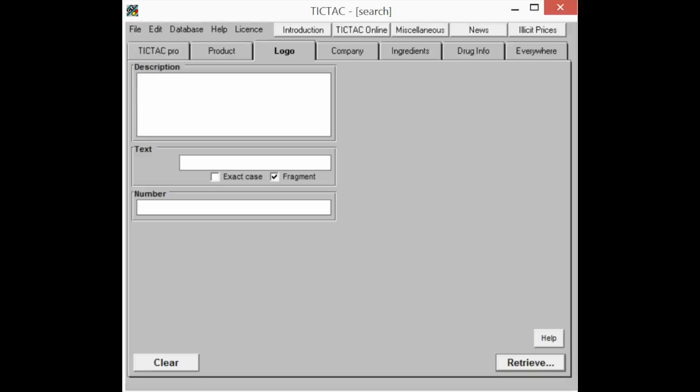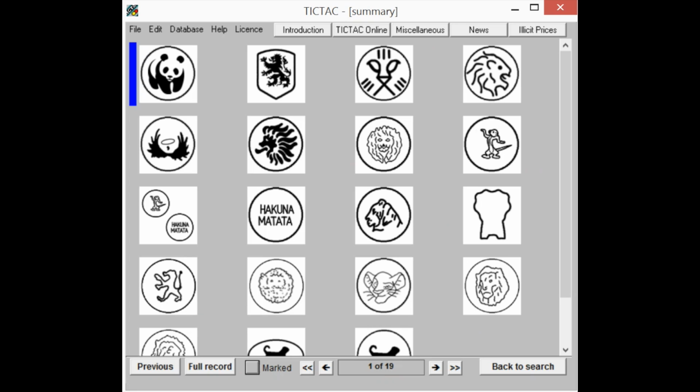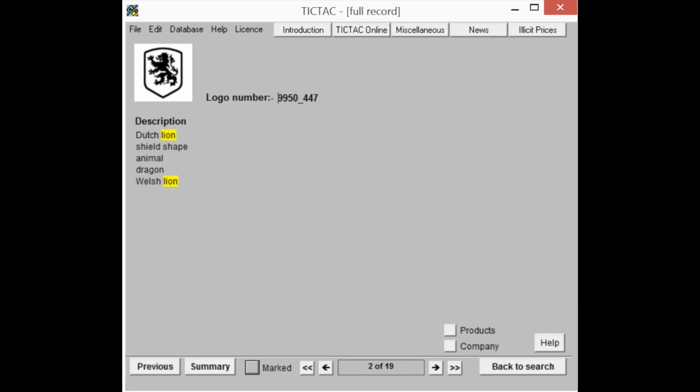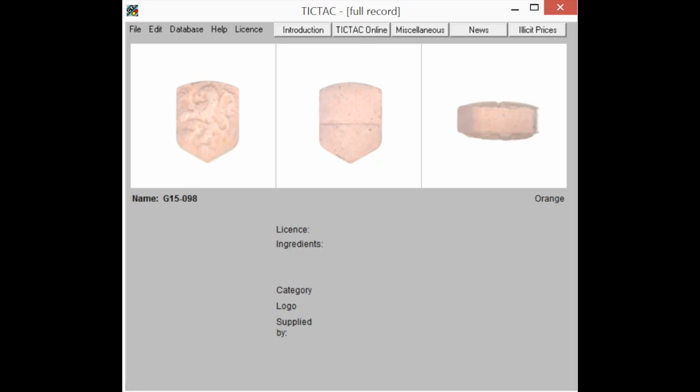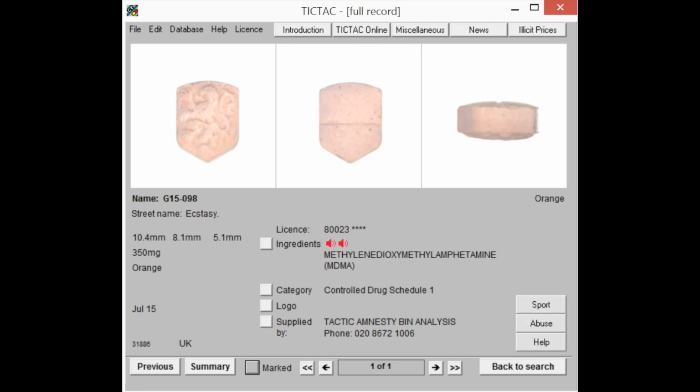So we're going to go to the logo page. We're going to simply type in lion and hit retrieve. And now what I need to do is look for one that matches this logo, and this is it here. If I double click on that, this is confirming that that's the logo I'm interested in, and now I want to see products behind it,